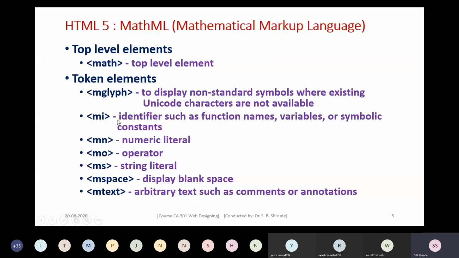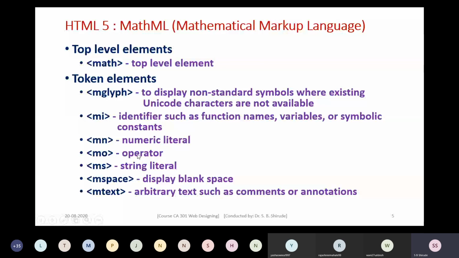As we specify identifiers, next we need some element for putting a numeric literal. For that, we have the element mn. Similarly, in mathematics, we have operators. How can you insert operators?